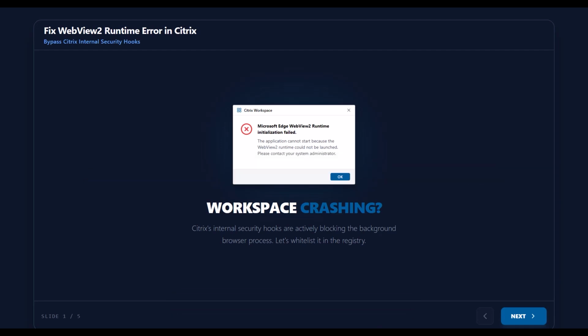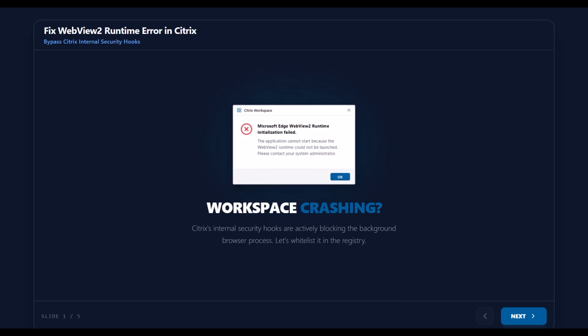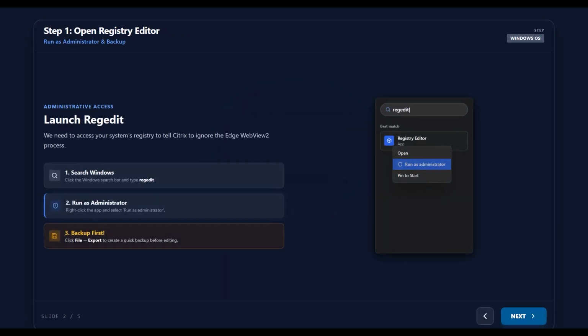Today we have a very useful video. If you are using Citrix Workspace and keep getting a Microsoft Edge WebView2 Runtime Initialization error, it is almost always because Citrix's internal security hooks are actively blocking the background browser process. I will show you exactly how to whitelist the WebView2 executable in your Windows Registry to fix this issue right now. Let's get started. First, we need to access your system's registry to tell Citrix to ignore the Edge WebView2